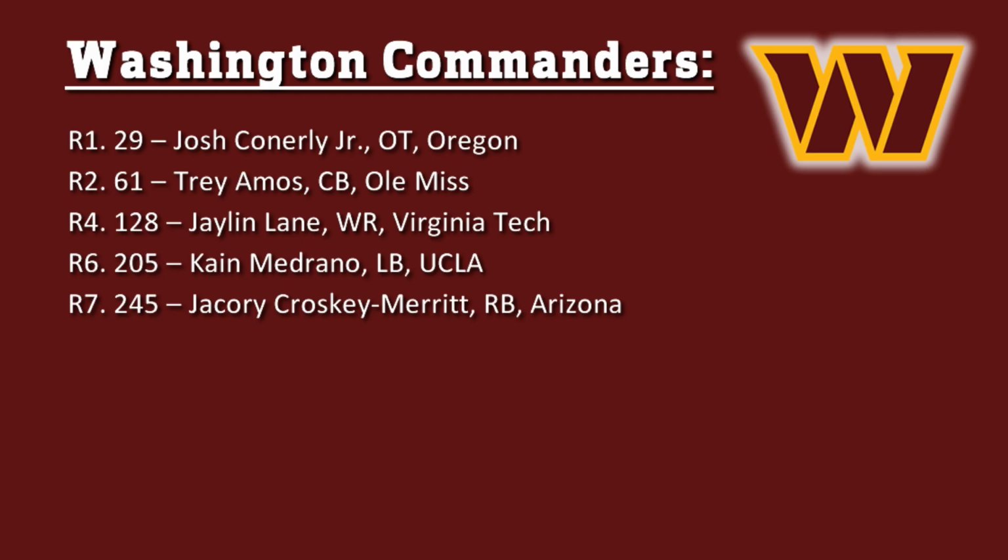Trey Amos from Ole Miss in the 2nd round is a well-built corner at 6'1", 195 pounds, who really came into his own last year with the Rebels after beginning his career at Louisiana and then battling for snaps at Alabama the year prior. Brings a physical, sticky coverage profile with the balance to stay square at the line with long arms to disrupt receivers early in the route, but also pattern match at a high level in off-zone assignments,